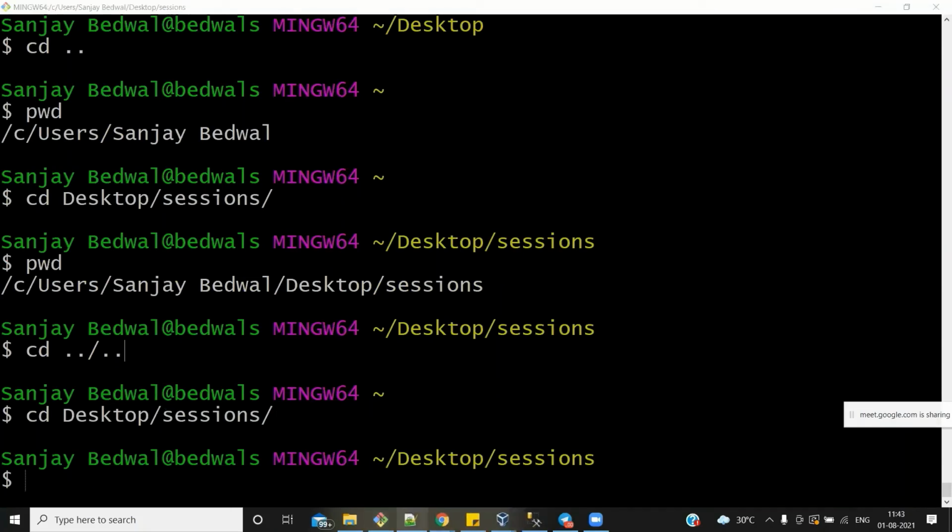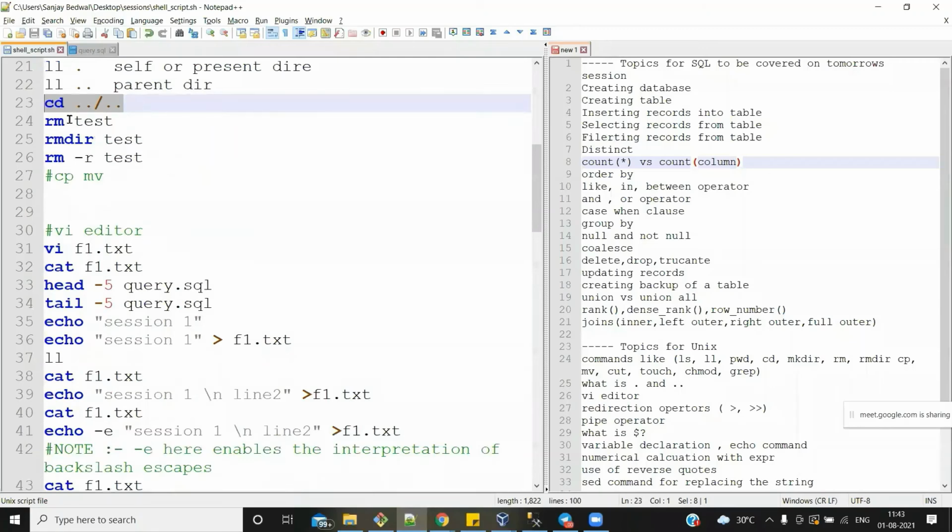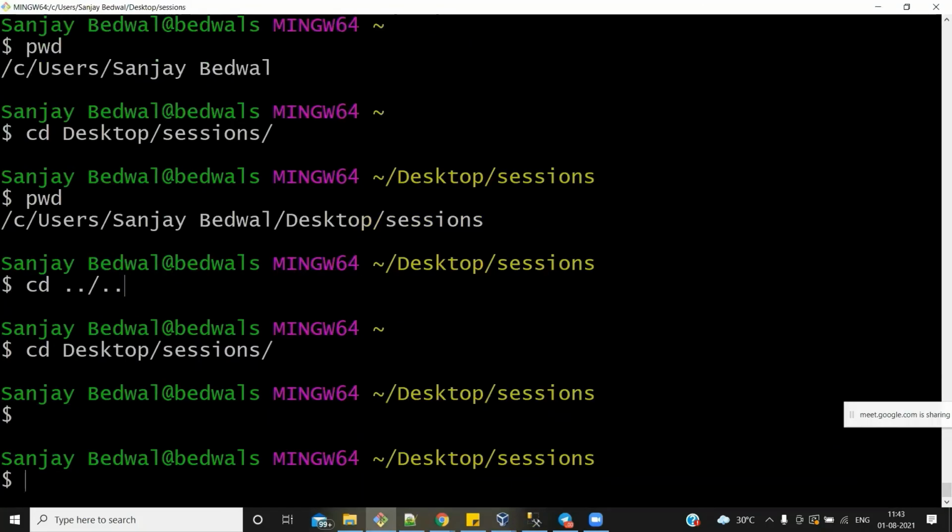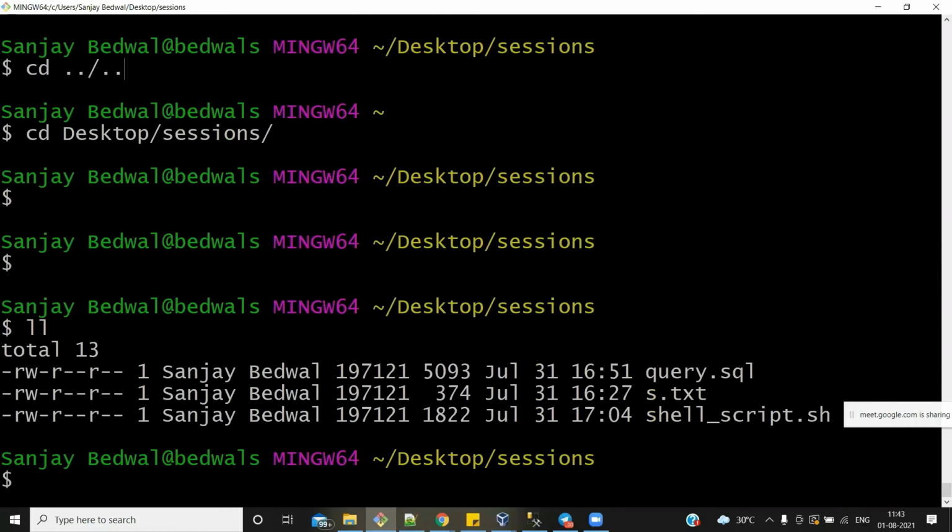So what all other commands do we have? I have already discussed what is rm, what is rmdir, what is rm -r. Let's discuss this copy command. Yeah, this copy command will help you a lot in production. Let's say I have to delete this file, but I am not sure about it, whether I should delete it or not. So what I'll do is create a backup of it, and if you want to create a backup of it, then you can use the copy command.